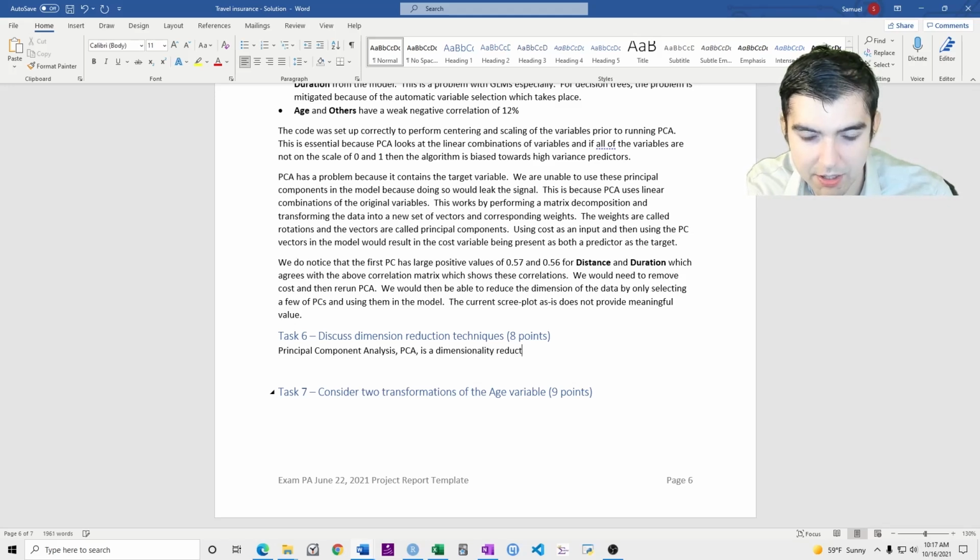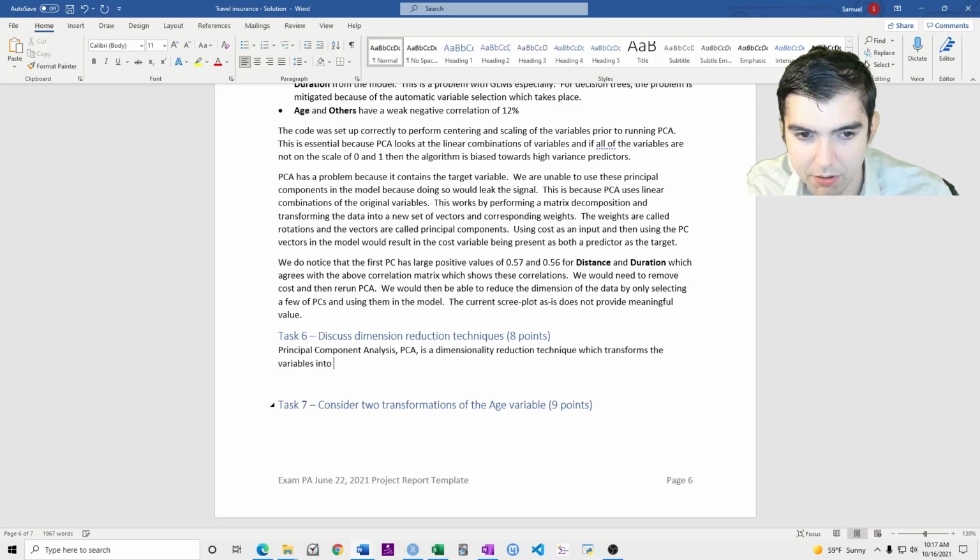dimensionality reduction technique which transforms the variables into an orthogonal set of vectors called principal components along with a set of weighting terms.